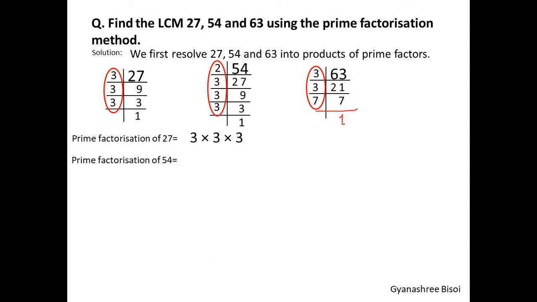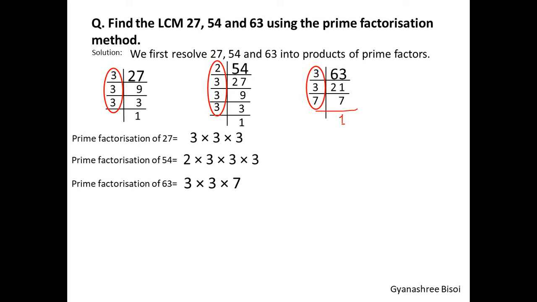Next number, prime factorization of 54, right? Look at the prime factors and write it in multiplication form: 2 multiplied by 3 multiplied by 3 multiplied by 3. Clear? Now the next number is 63. So the prime factorization of 63 equals 3 multiplied by 3 multiplied by 7, right? Look at the prime factors. Now what step? Next step is to find